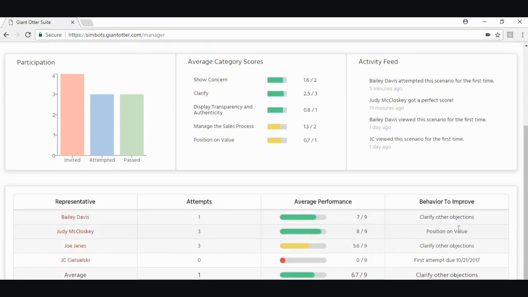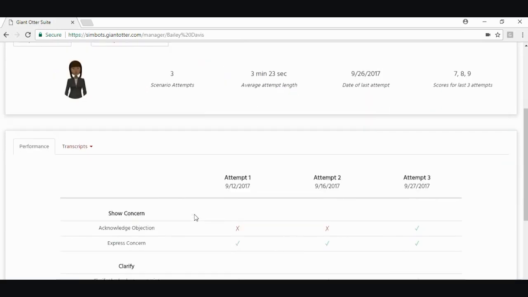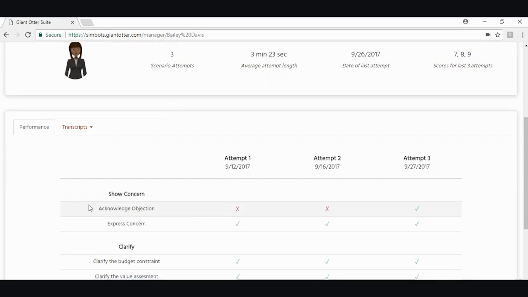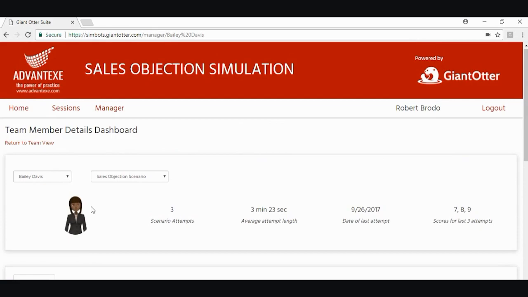This will revolutionize the entire sales process because we have at our fingertips the capability to dig deep into one of our participants and see how many times they've done this, what are some of the issues, and then as a coach, we'll be able to come back and share with them some feedback and some coaching on getting better and better. So folks, that's an introduction to the Sales Objection Simulation SimBot.